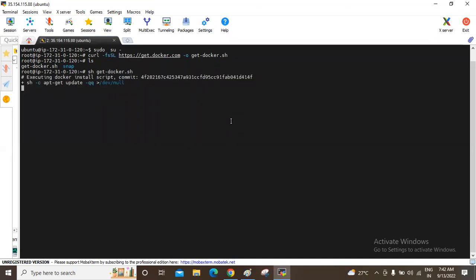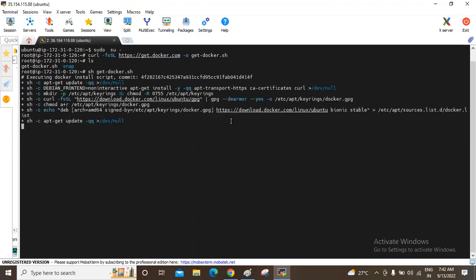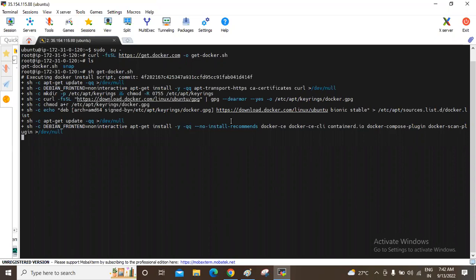What is happening now? Docker will be installed. It will take 3 to 4 minutes for Docker to be installed. We are installing Docker in our Ubuntu machine. Our Ubuntu machine is located in the AWS cloud in the Mumbai region. In one of the data centers of the Mumbai region, we have created our AWS instance with the Ubuntu 18 operating system, and we are installing Docker in that Ubuntu machine. Once we install Docker in that machine, we call that machine the Docker host.